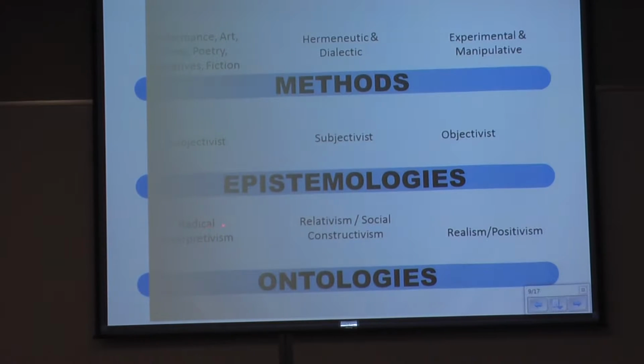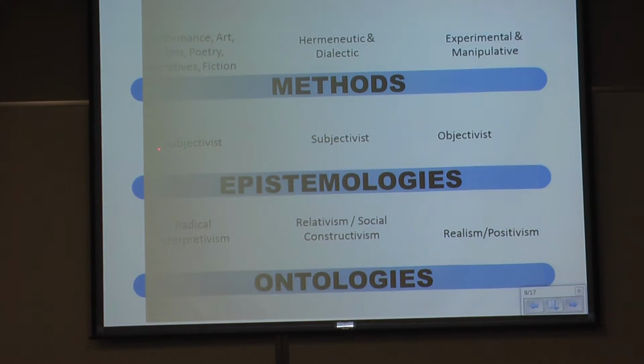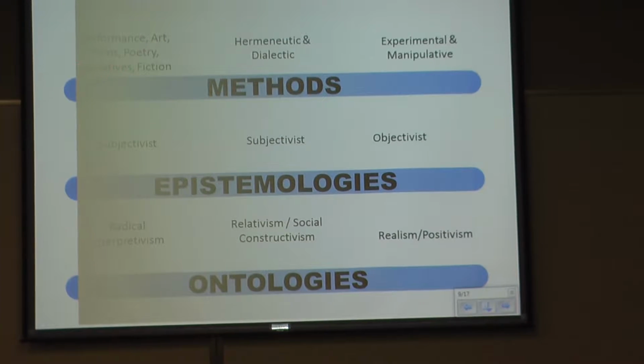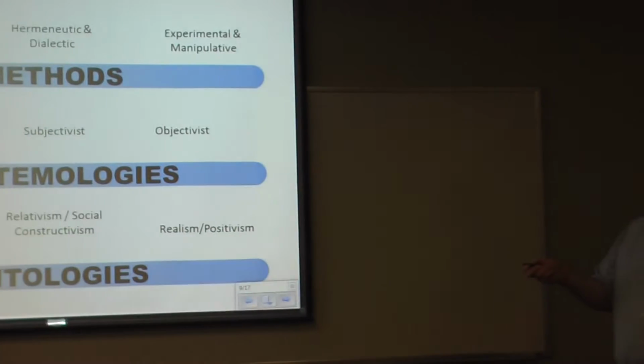And radical interpretivism essentially believes that truth claims are subjectivist, and it contributes to things like performance art, films, poetry, narratives, and fiction. You may see kind of a wash on the top of this ontology diagram, and what that is supposed to represent is the ontologies that are best covered by this paradigm. And you see that it kind of begins to break down right over here, right before objectivist, experimental, manipulative, realism,